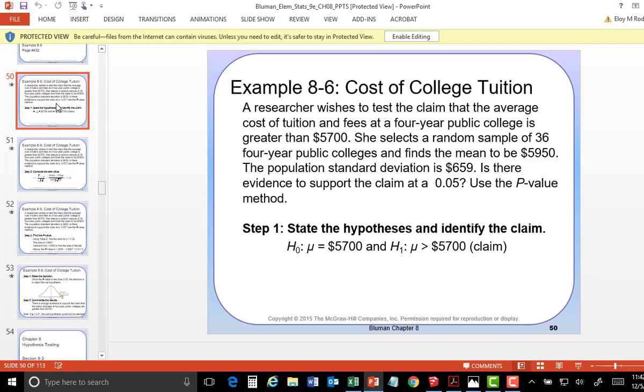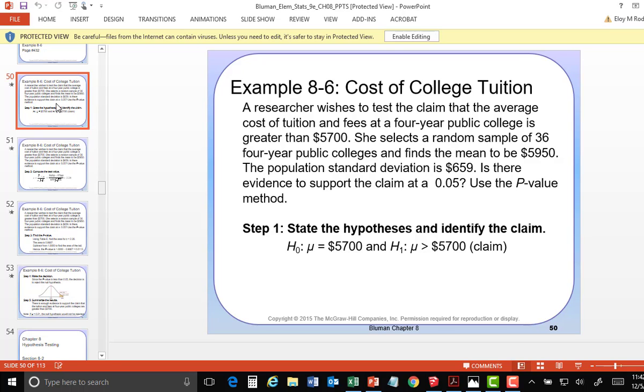Use the p-value, okay? So look how they set it up. They're claiming that 5,700. They're saying the null is equal to 5,700, right? And the alternative is that the claim is that it's greater than that. So is it a one-tailed test to the left or the right? One-tailed test to the right. See the direction of the inequality? All right. So if we do it like that,